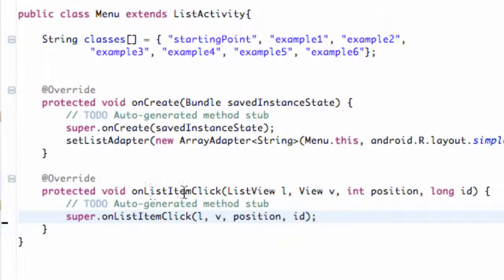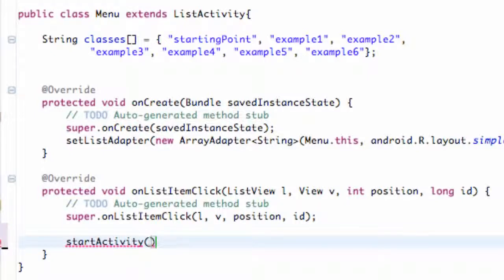And what I want you guys to do is go within this onListItemClick method, and in the next tutorial we'll finish our application, then I'll break down everything that we've done. I just didn't have time to do it in one tutorial for the most part. So I'll show you guys how to start a new activity. Again, it's pretty simple. We're going to say startActivity,